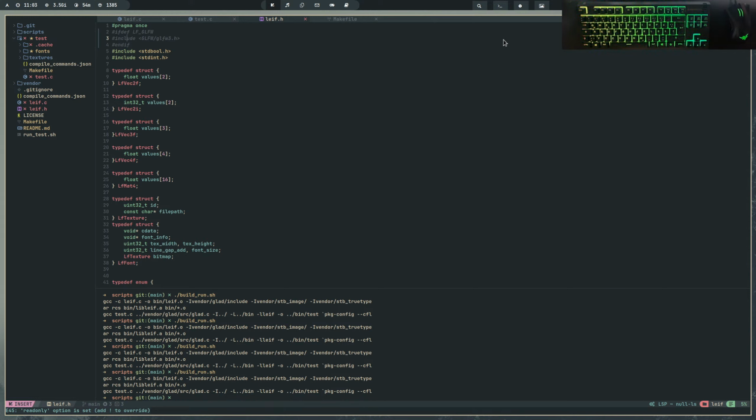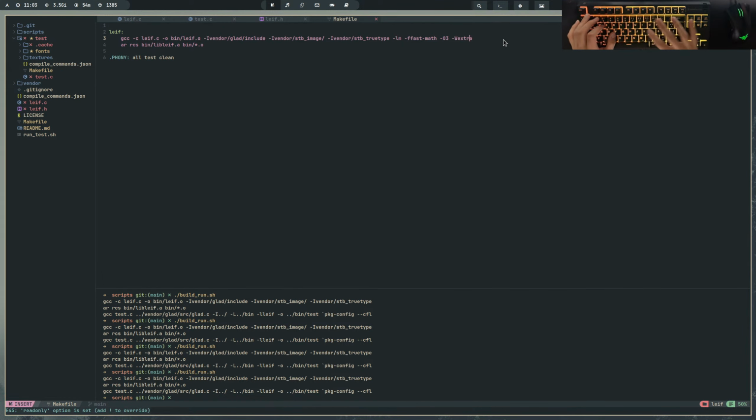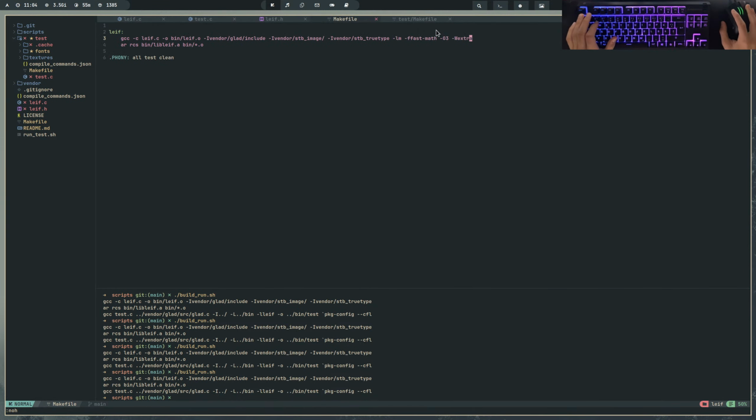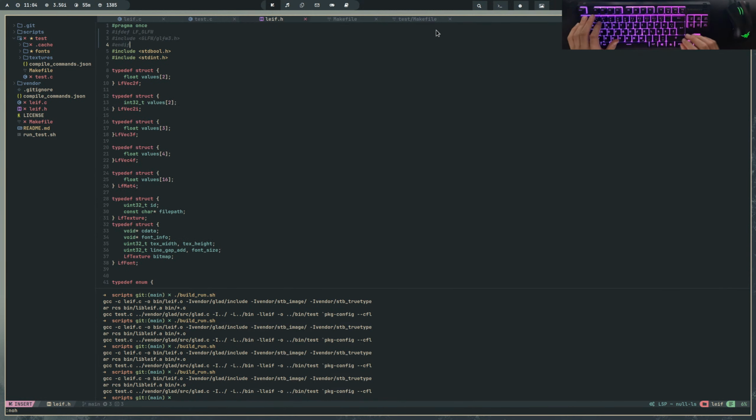Because then we would need to link with GLFW. I think we need to link with it. Yeah, we can't do anything about it. Let's link with GLFW. Alright, so in the test makefile, like this, makefile, -lglfw, and okay, let's save the makefile. So then we include GLFW, and what we will do